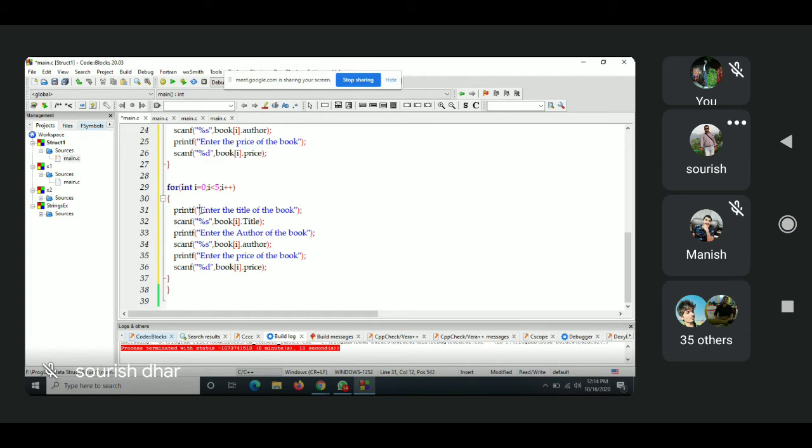Printf. Title is what? Percentage S, comma, book i dot title.